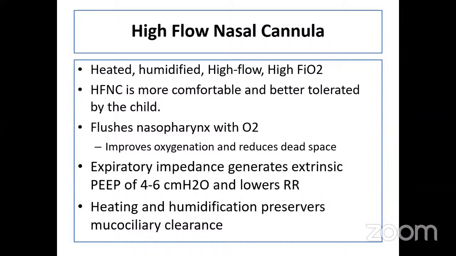फ्लशेस तो इजी है, छोटा सा कैनुला अंदर चला गया, उसके बाद फिर फ्लशेस नेजोफेरिंक्स में पूरे ऑक्सीजन भर देता है, इंप्रूव ऑक्सीजनेशन, और डेड स्पेस को, फिजियोलॉजिकल डेड स्पेस जो होती है उसको, क्योंकि हम बाईपास काफी सारा कर जाते हैं और हाई फ्लो ऑक्सीजन भर देती है उस स्पेस को, इसलिए कम कर देता है। एक्सपिरेटरी इंपीडेंस जनरेट्स एक्सट्रिंसिक पीप इसमें जनरेट हो जाती है, जो कि हम अलग से देते हैं, वो 4 to 6 सेंटीमीटर ऑफ वाटर पर, एंड इसलिए रेस्पिरेटरी रेट को कम कर देता है। एंड हीटिंग एंड ह्यूमिडिफिकेशन प्रिजर्व।